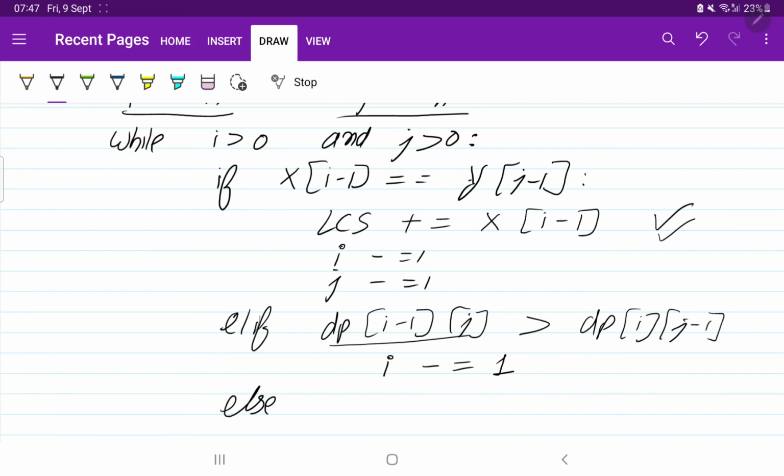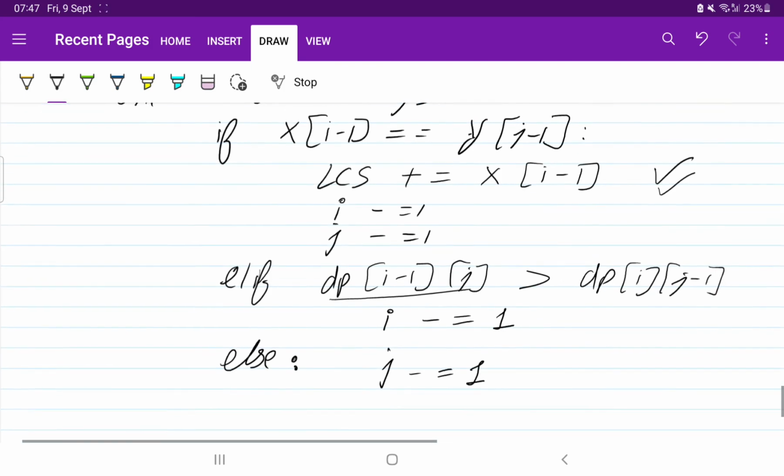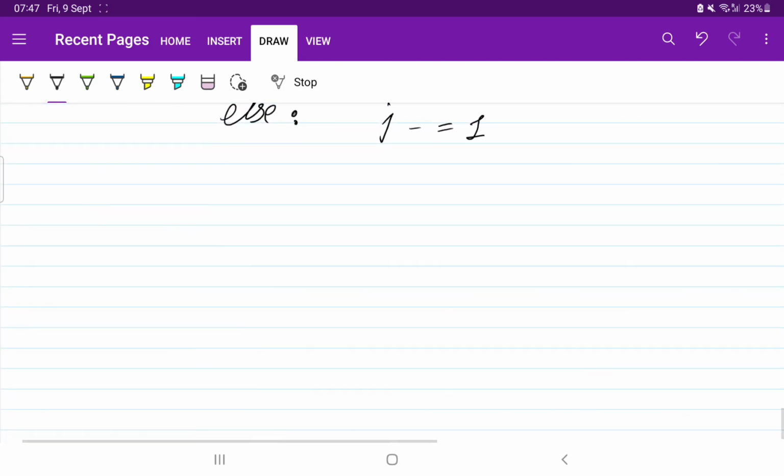Or else, if dp of i minus 1 comma j is not greater, then we were decreasing j minus equal to 1. We were decreasing the j like this. So we have traversed the complete dp. Now we need to reverse our string.